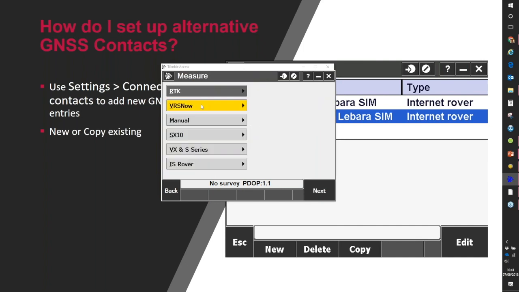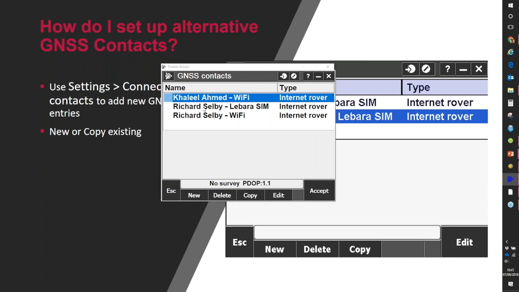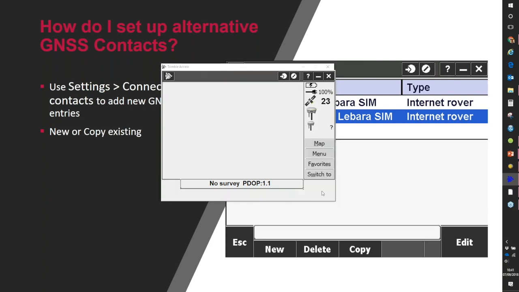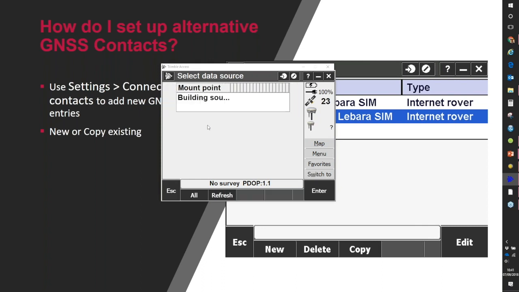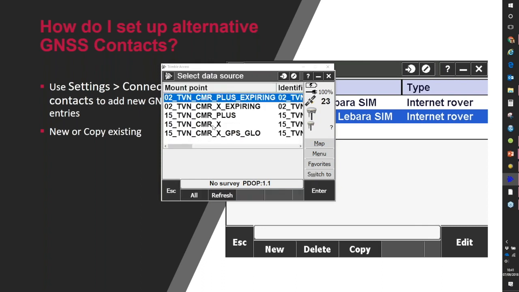Hit measure, pick my VRS survey style, action measure points, and straight away I'm now presented with a list of GNSS contacts which are set up in different ways so I can pick the appropriate one that I want to use. So in this case I'm going to use Khalil's login that I've just created, an option 4, and now